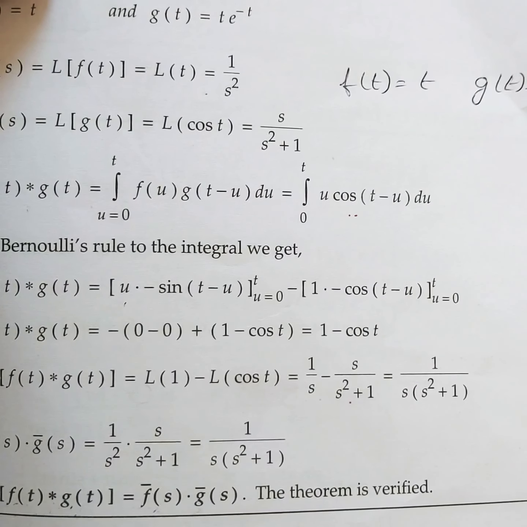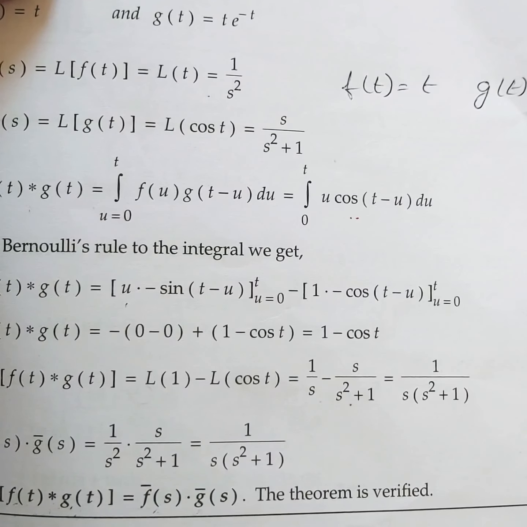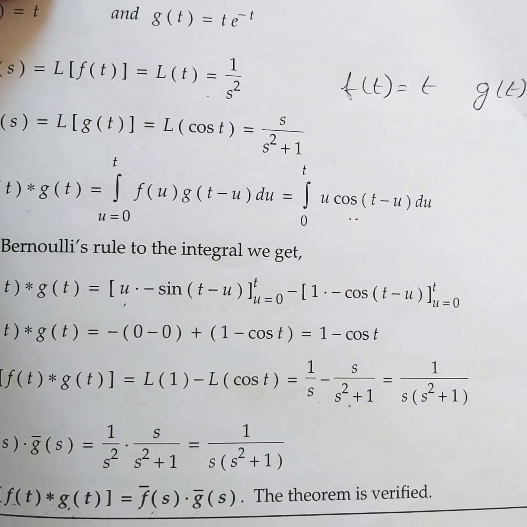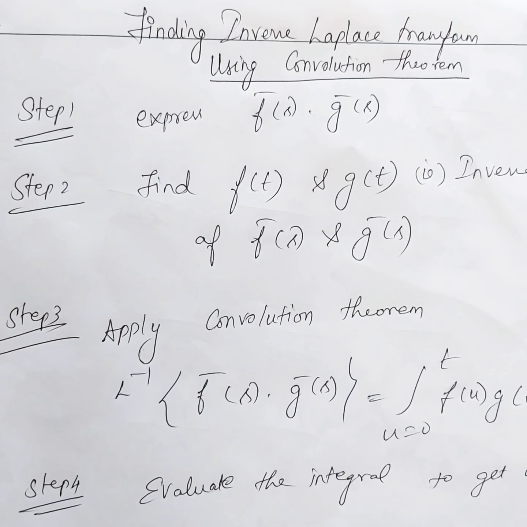This is a type 1 problem, that is, verify the convolution theorem for the following pair, like that they will give. Now we are in type 2, because verifying is a simple thing, like finding the Laplace transform for the given function, with one extra integration, that's it. So for type 2 problems, definitely one problem will come for sure.